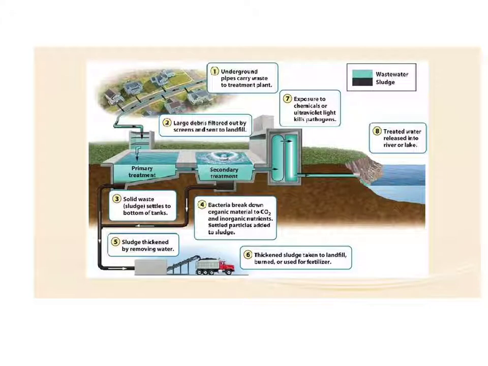All right, so this is actually the picture that is also in your textbook. So let's go through step by step. So step 1, bink, this is where we're starting. Underground pipes from residences or from businesses carry waste to a treatment plant. All right, so the large debris is filtered out by screens, and that's this step right here. This is often called a grit screen. Yay, grit. This is called a grit screen, and it's screened so that any large pieces of stuff are filtered out. The grit is then dried in a dryer, and that is sent to a landfill that will accept human waste.